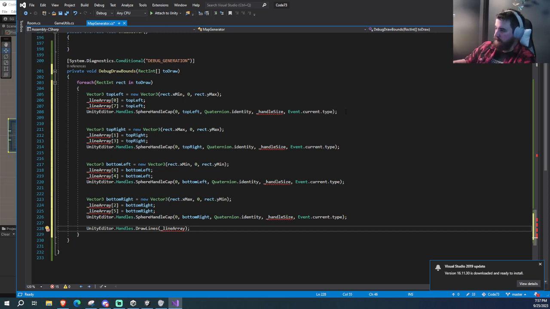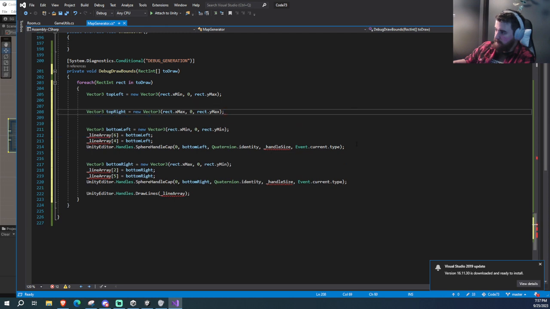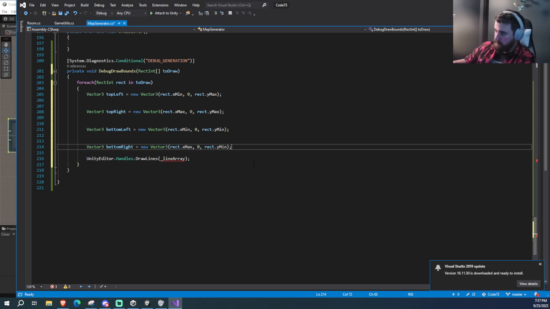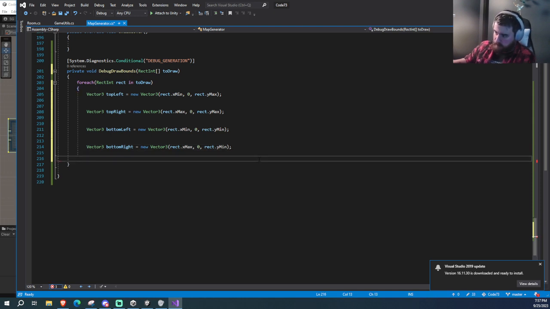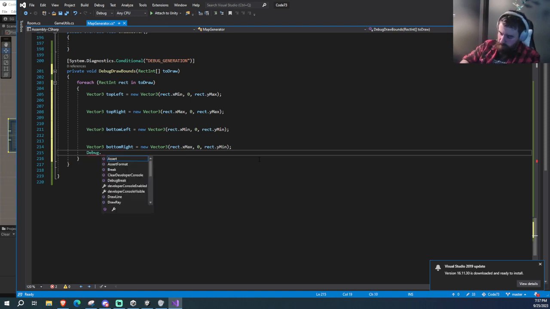Except I'm probably just not going to bother with all of that. Just gonna go, not delete that. Go debug dot draw